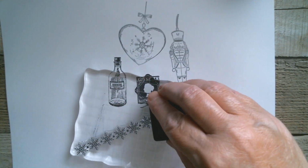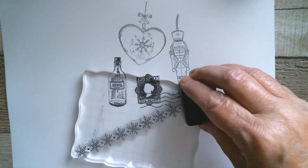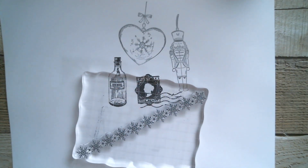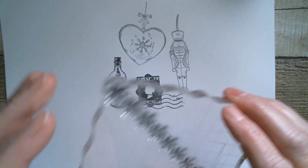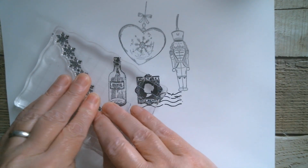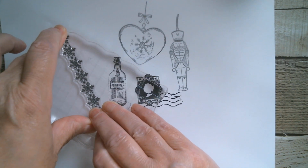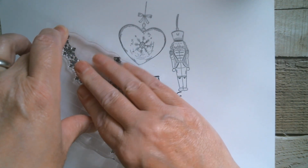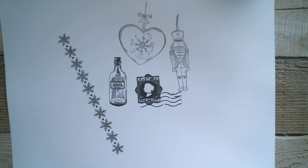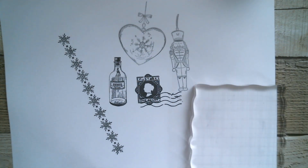But it's nice when you get something that goes the full length of your card or even overlaps it, so that you get a nice finish. Oh, let's put that there. Right, let's see what we've got. Ooh, isn't that nice? I like that. That would look really nice stamped in an icy blue. And then next I'm going to go with the Christmas trees,